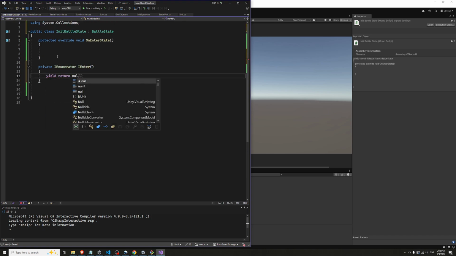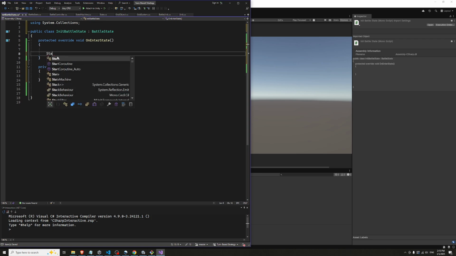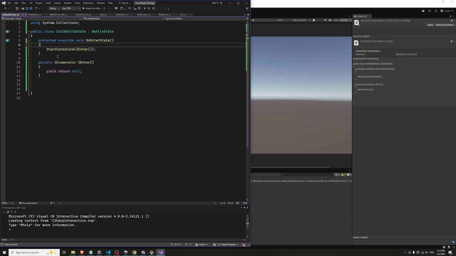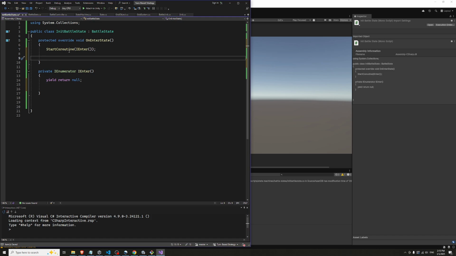So if you do yield return null, that skips a frame to stop any funny business with switching states. Because technically, I think you can enter a state, and then if you immediately enter another state here or change state,